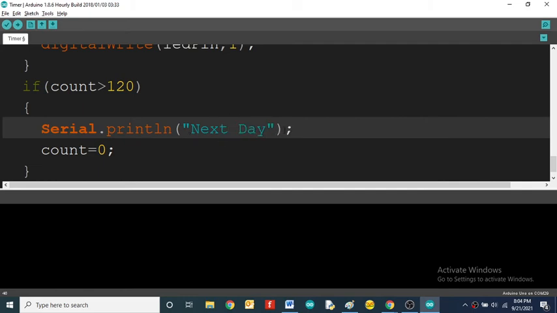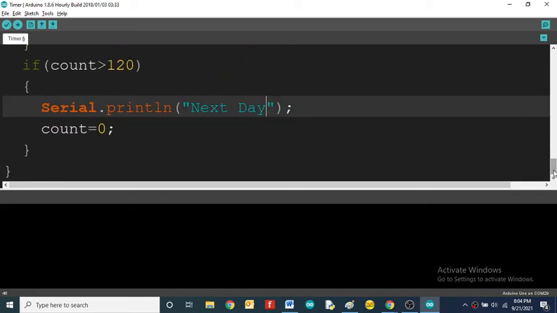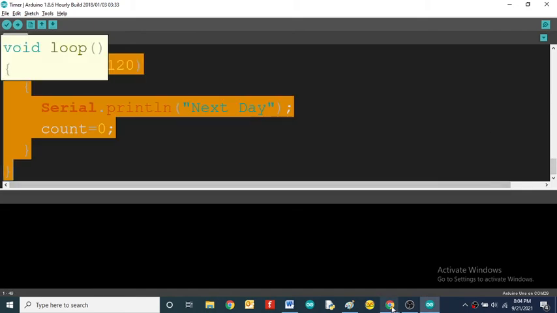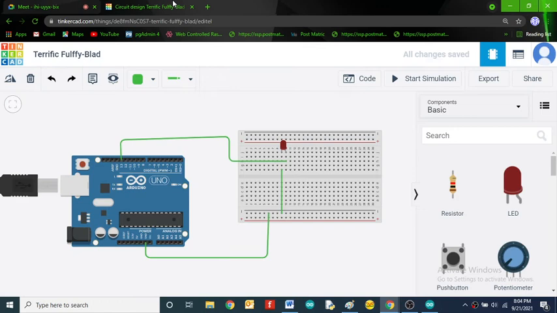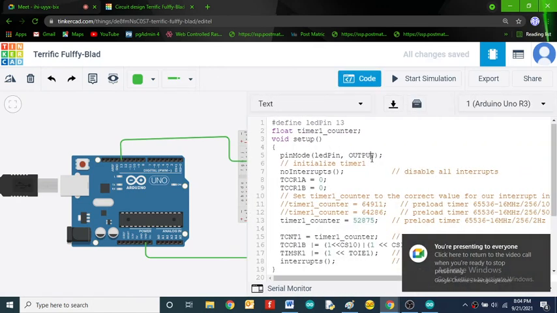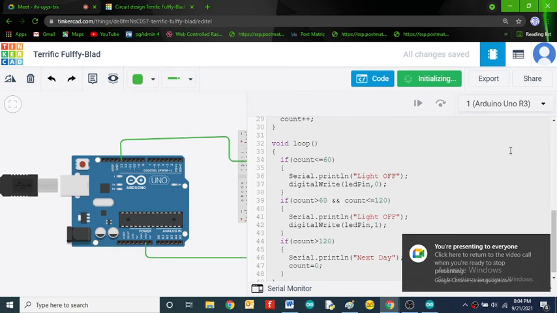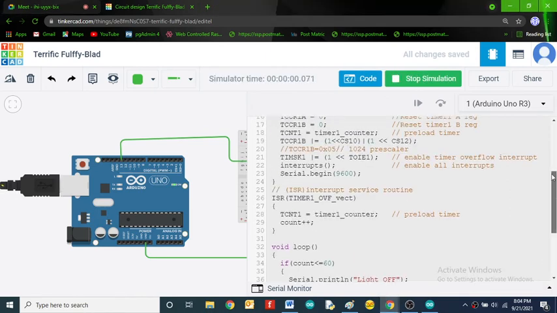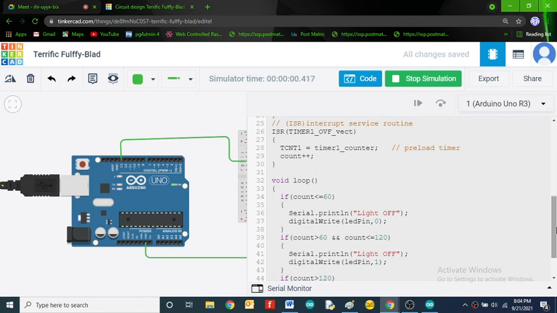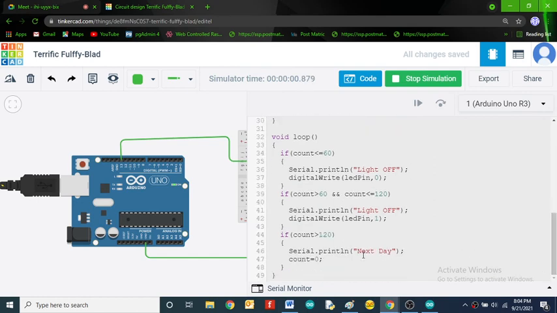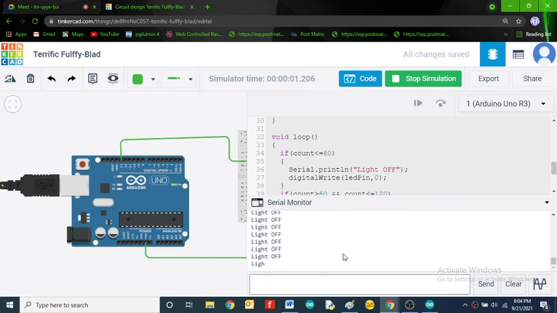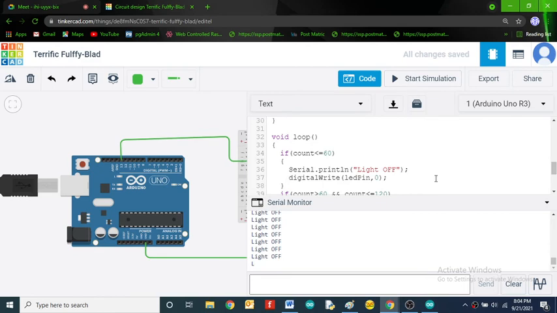Then you have to upload the code. Okay, 1 minute. I will run this code on the simulation. Open the serial monitor, light off. It will take much time, so I'll reduce the time.